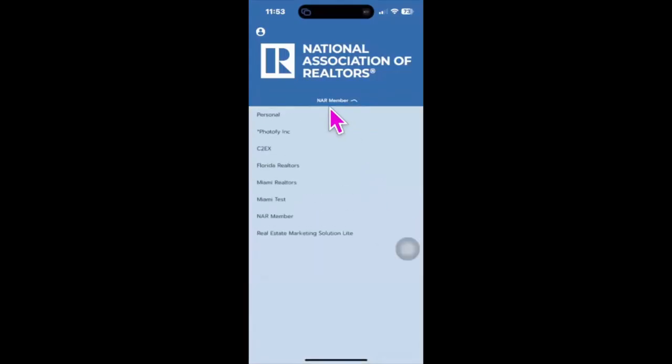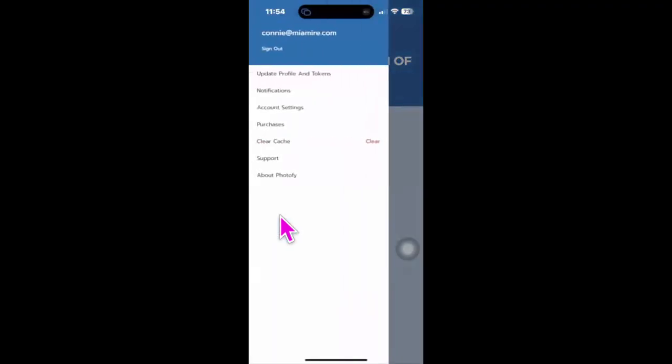So when you click in here and you log in, do you see Florida Realtors and Miami Realtors? You should see NAR because it comes from NAR. You see Miami and Florida? Did you log in as a business? You need to log out then. Sign out on the top. Click to sign out. Sign back in